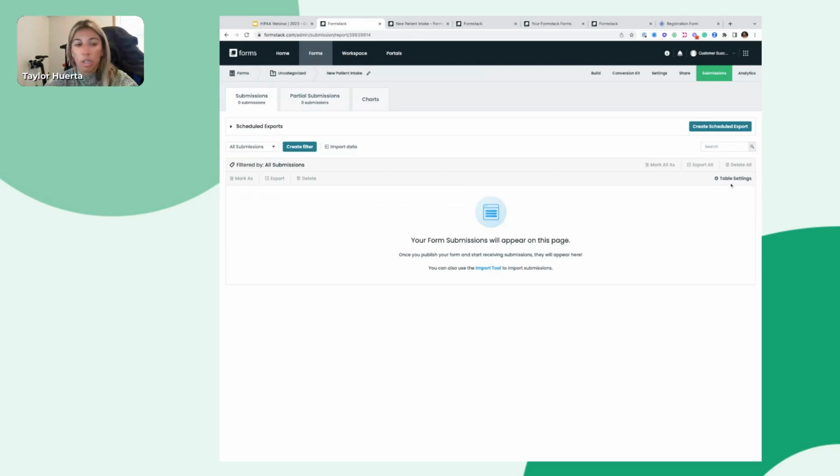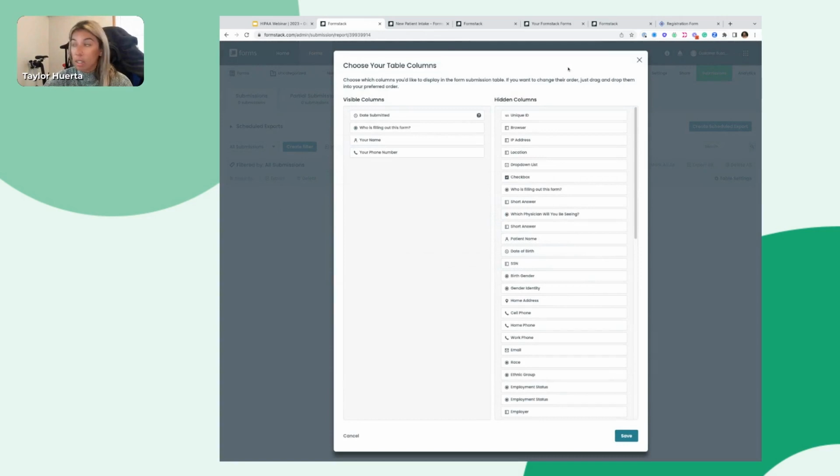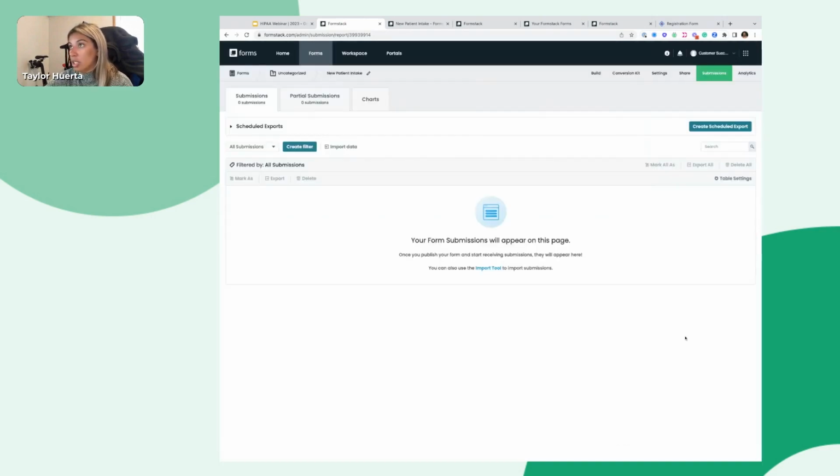They're also right here. Once you see those submissions, there's going to be a way to see table settings. Maybe you don't need my phone number in there, but you need to see who's filling out this form and which physician. So you can change the view. Currently, this would only be for the person logging in. If Ryan logged into his account, his submission table would look different than mine. So just keep that in mind as you're showing anybody else on your team who may need to